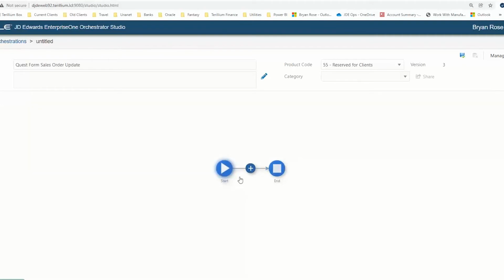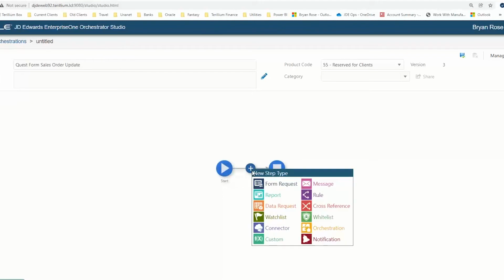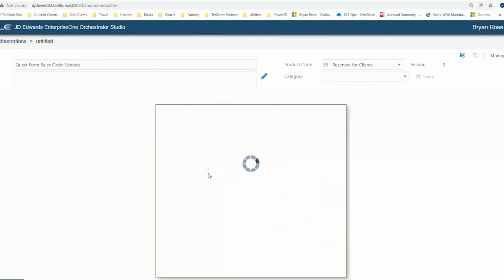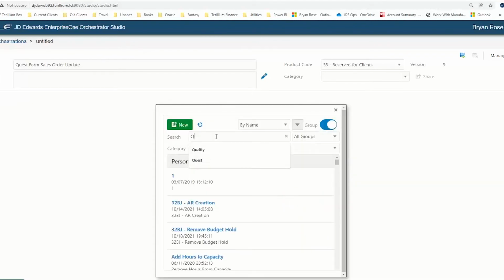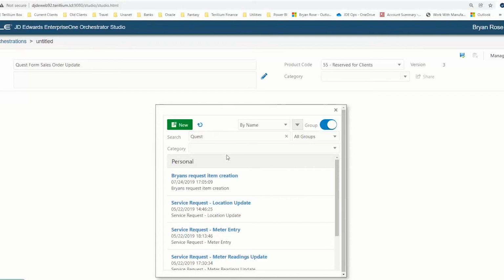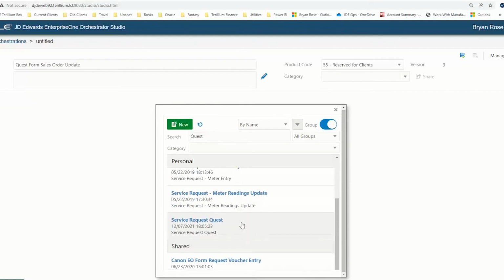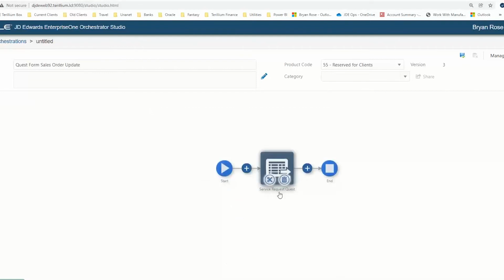And then I can go ahead and determine which different components I want to build out inside of this orchestration. So in this example, once again, I'm going to be leveraging a form request. So I would click the add button. See if I like my search in here. Here we go. So now I have my service request. And if I click save,